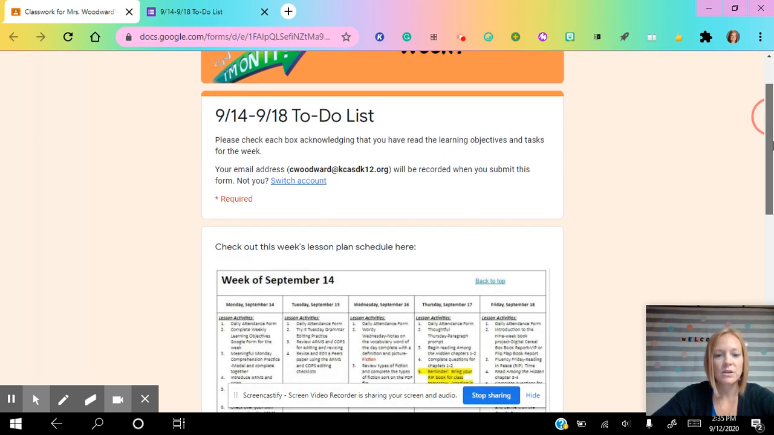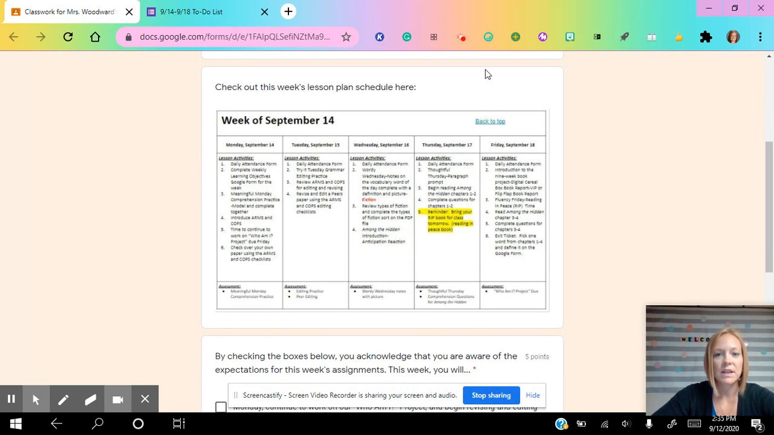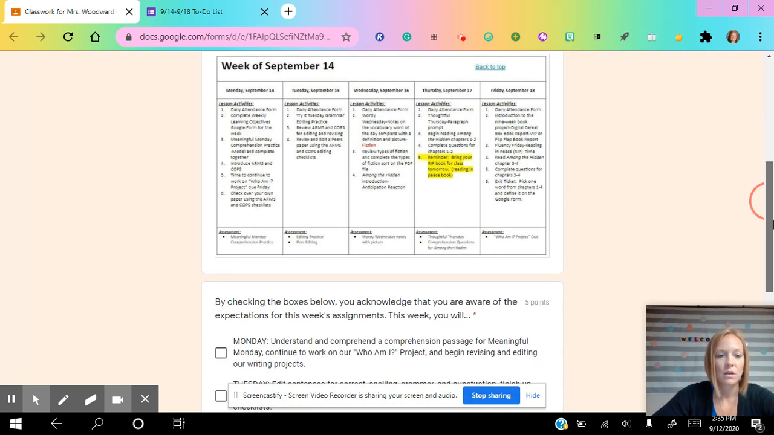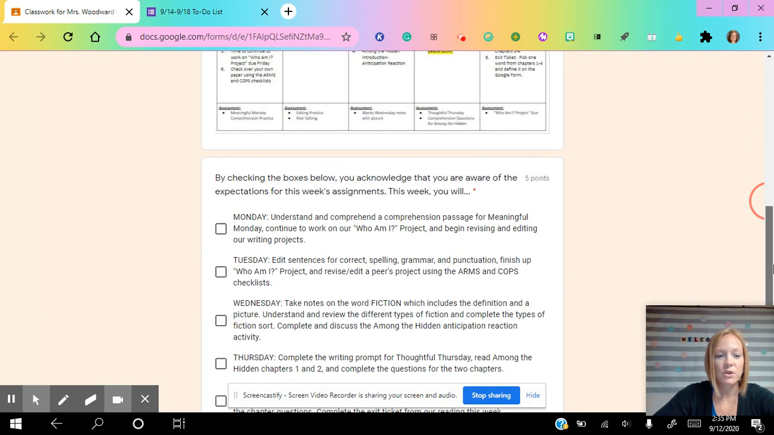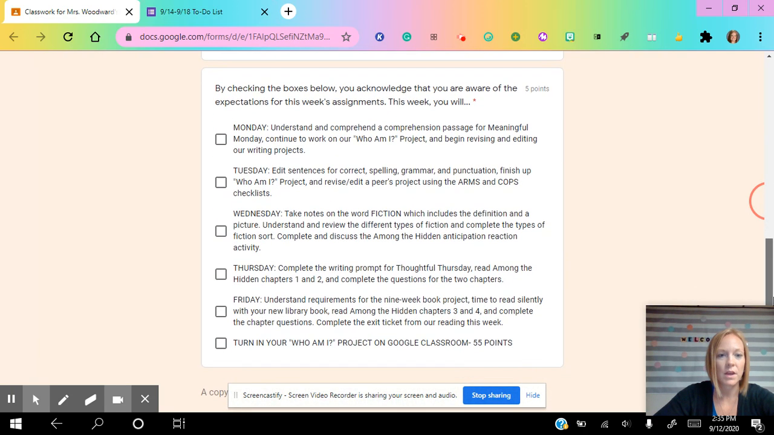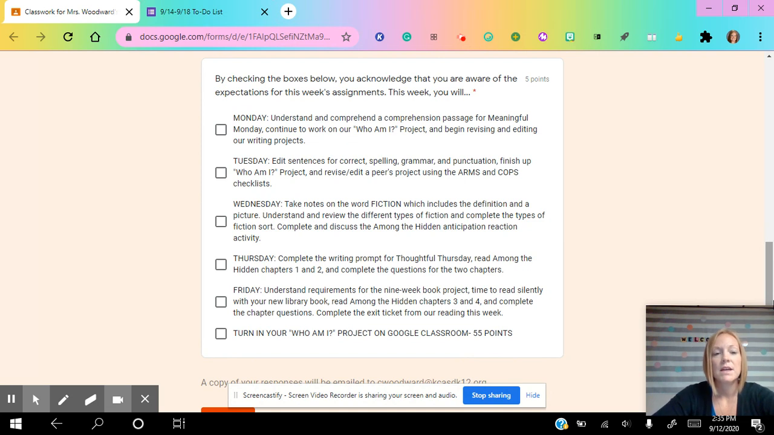So if I scroll down here, right here is our lessons for the week and what we're going to be doing. Now remember, these are always subject to change, just depending on how much we actually get through in class or what we don't get through. Down here, these are what you're going to be check marking. Okay, so again, Monday is going to be understand and comprehend a comprehension passage for Meaningful Monday, which we'll go